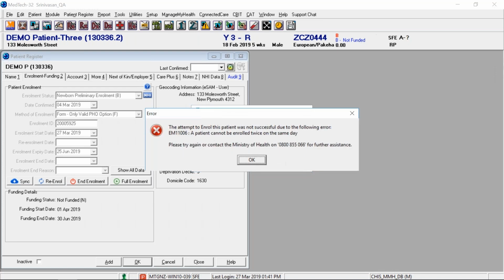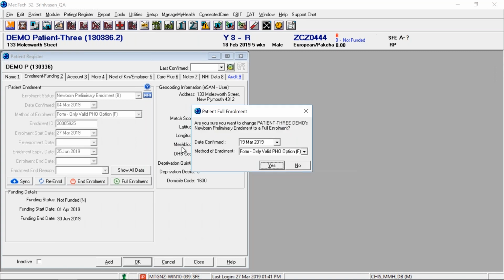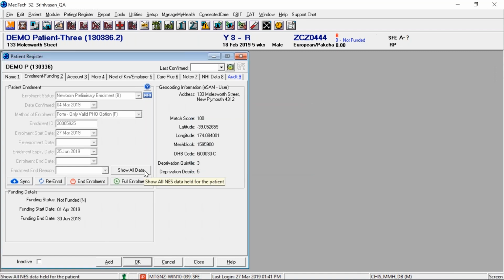It's not successful. Okay, sorry. So we've already enrolled this patient multiple times. Again, bad data. But the whole point is that it would then update that patient's enrollment, change the enrollment status to confirmed enrolled, and set the expiry date accordingly. Great. Okay, so